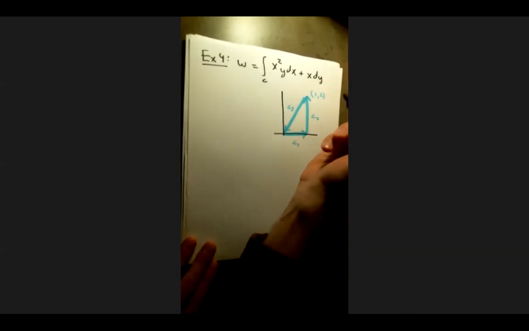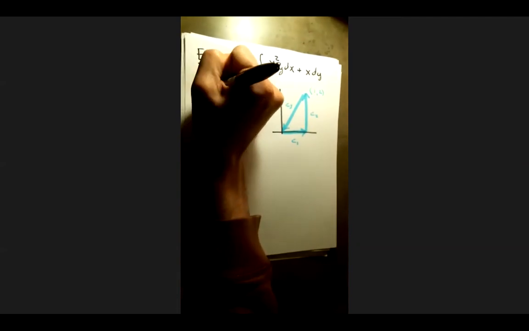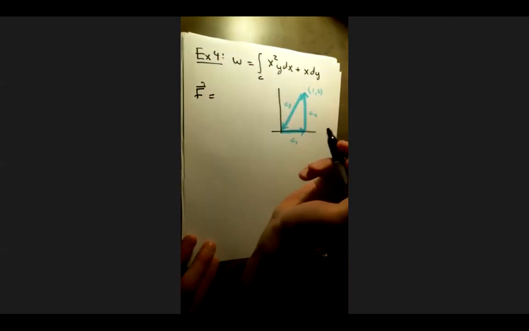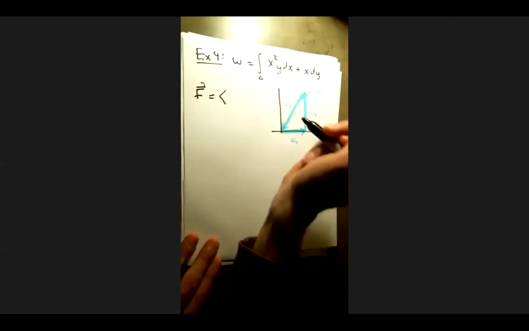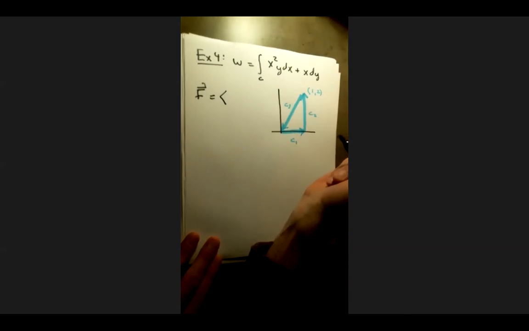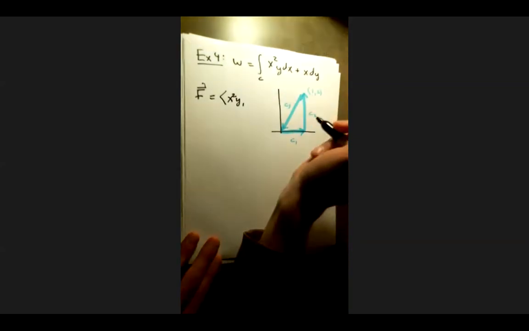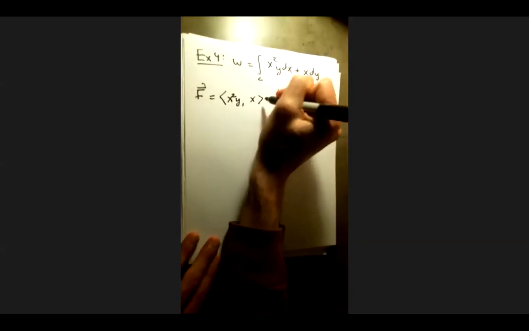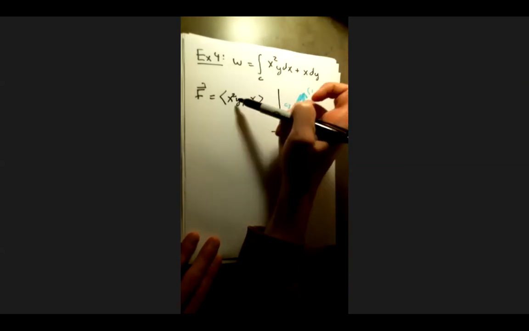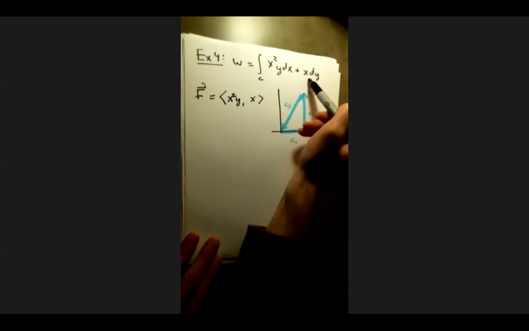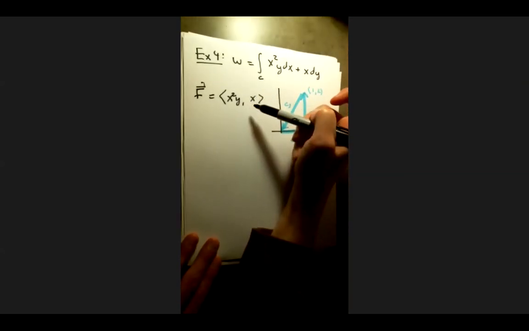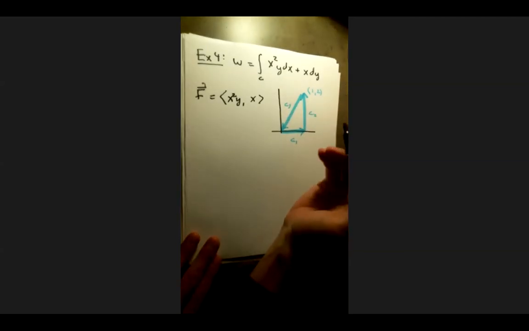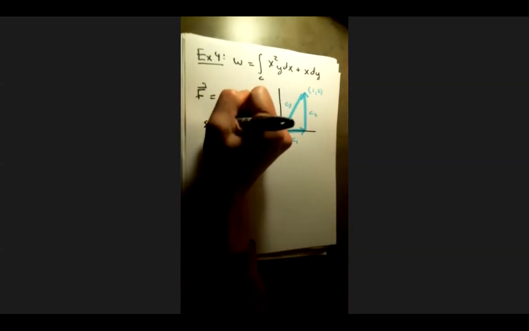So first of all, what would be our F in this case? X squared y, comma, x. So remember, the thing in front of the dx would be the x component of your force field. The thing in front of the dy would be the y component of your force field. And so then when we hit that step 1, which is to parametrize,